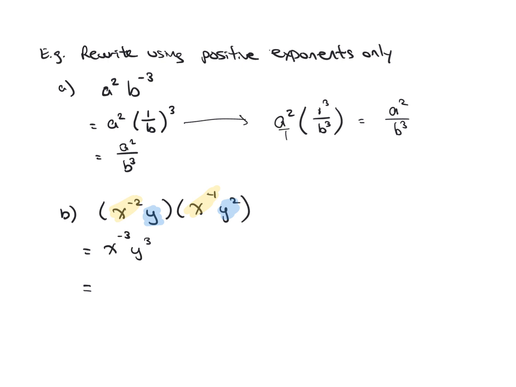But the x to the -3 is not okay. And what's going to happen, I'm not going to show all the steps again, but if you see a negative exponent, it's basically going to go to the other half of the fraction. So the x to the -3, we're going to send it down to the denominator and change it to x to the positive 3. Okay, so that is,